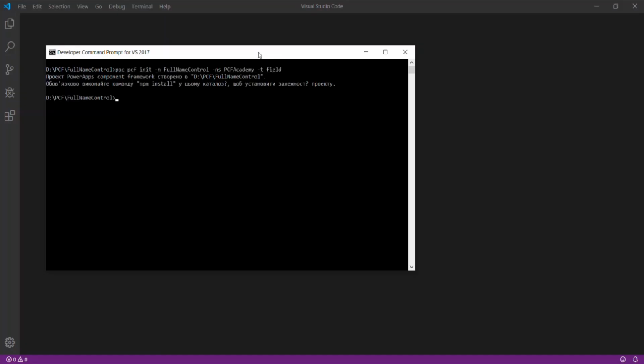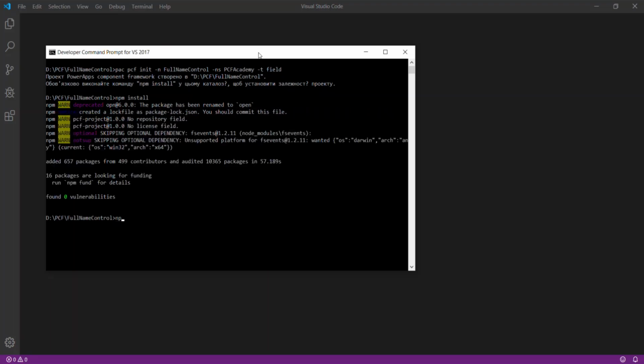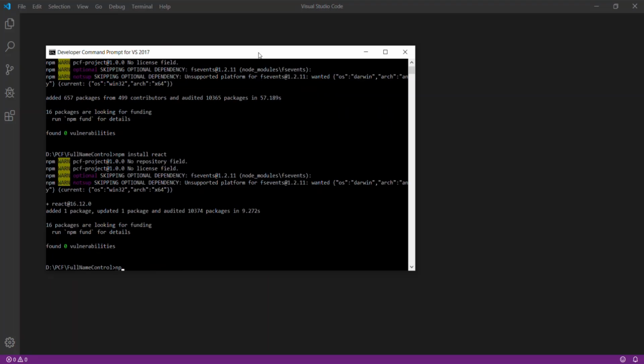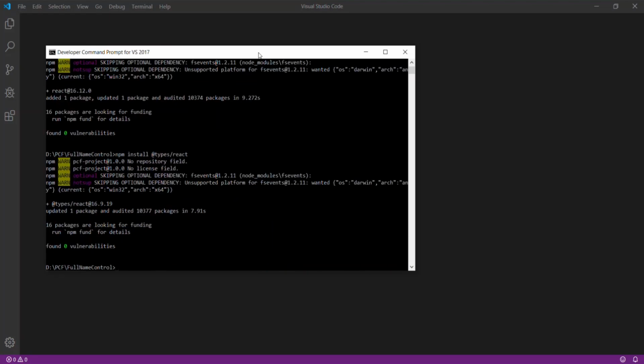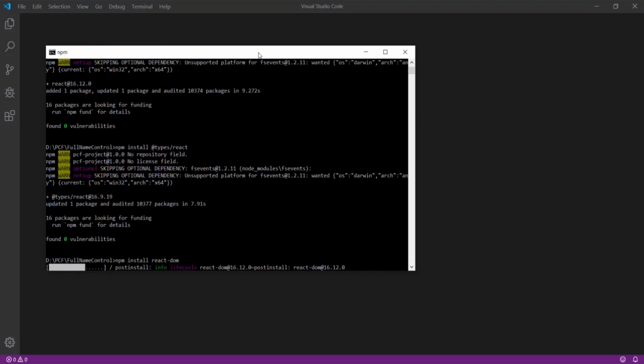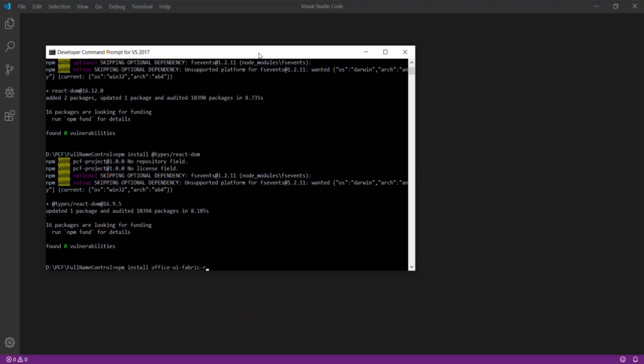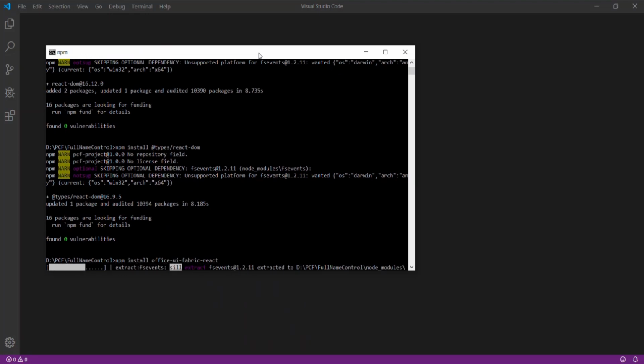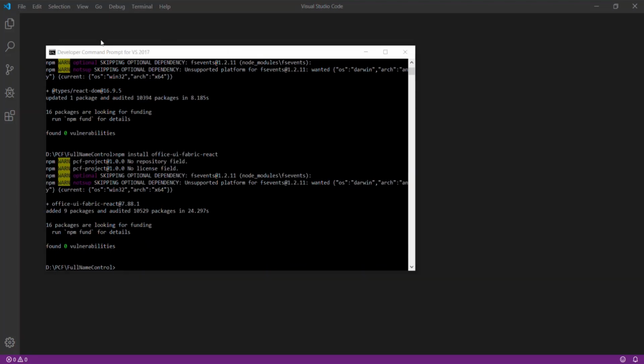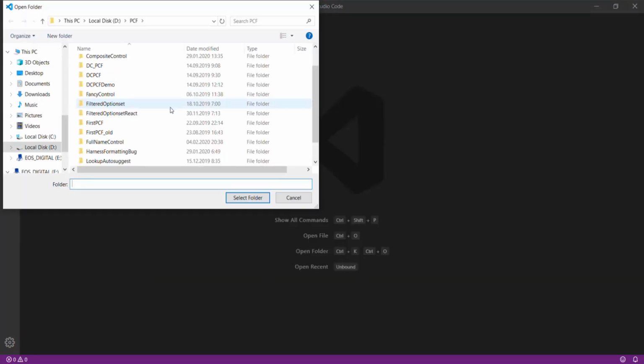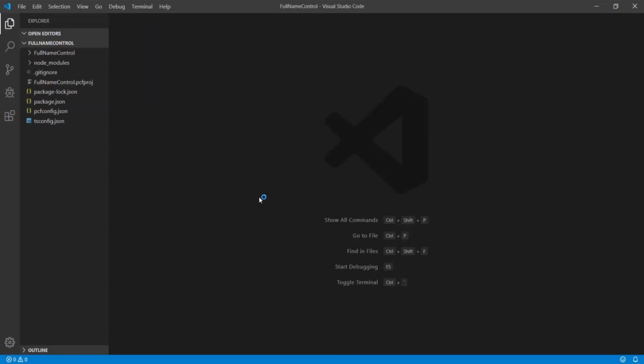I have created the folder for the control. After that, I run the PCF init command to initialize the PCF project, install all of the required packages using the npm install command, and install React, React DOM, and Office UI Fabric React packages that I will use to build the control. I open the project using VS Code